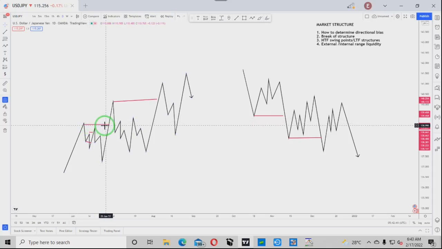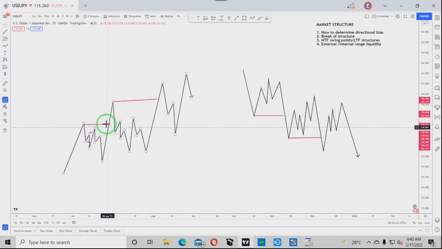Now, how do you determine your directional bias? For you to determine a new trend, it is a rule-based system. Here at Rally Top, we trade a rule-based system. For you to determine a market direction, you need double break of structure. I cannot emphasize this enough. You need double break of structure. Why do you need double break of structure? It is because if you are taking trades based on a single break of structure, for instance this one here, that is a single break of structure. All right, can you see my cursor?